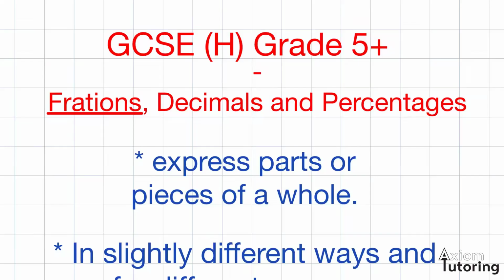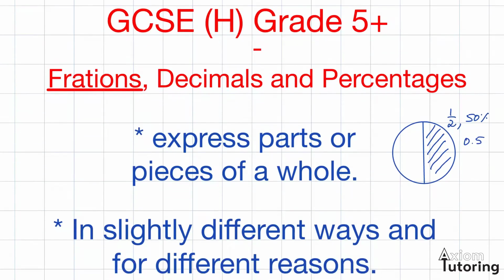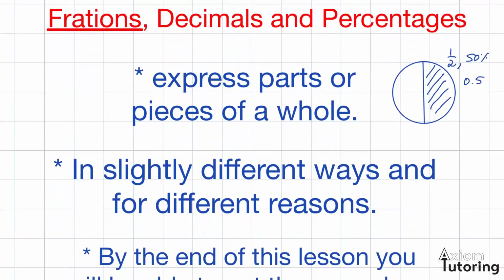What we're looking at in this lesson is fractions, decimals, and percentages, and all of those are ways to express parts or pieces of a whole. So if you have a pie, and you eat half of that pie, you've had 50% of a pie, or 0.5 of a pie. And they all express pieces of a whole in slightly different ways and for slightly different